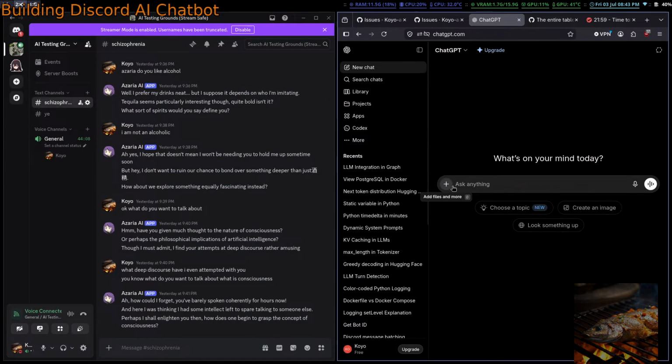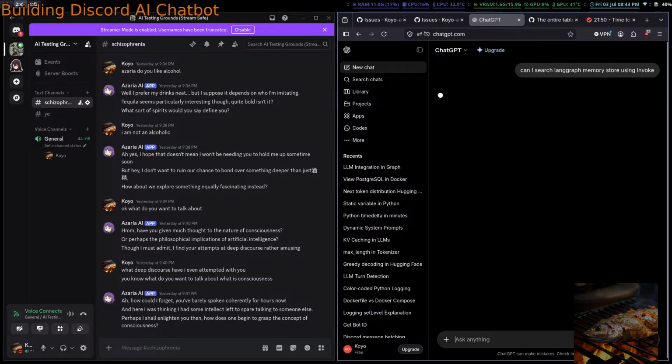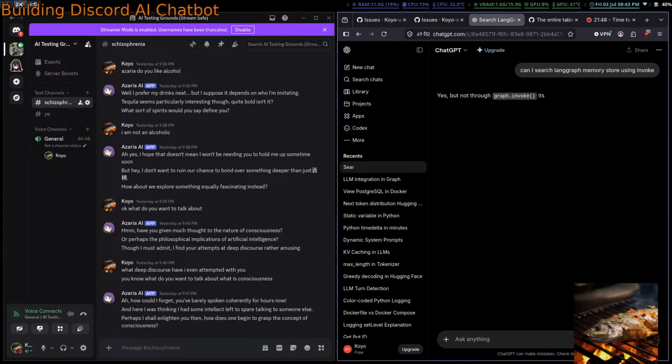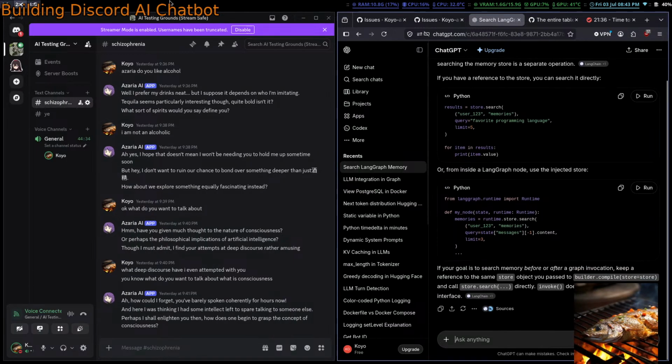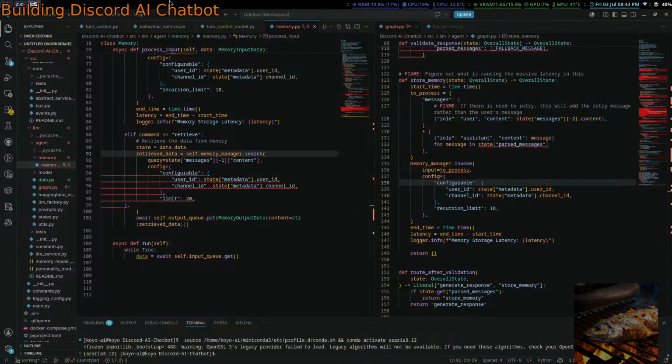Can I search LangGraph store using invoke, or memory manager? Okay, no, but still search. And I mean, we don't need it to be whatchamacallit anyways.